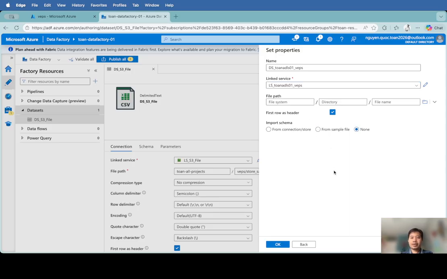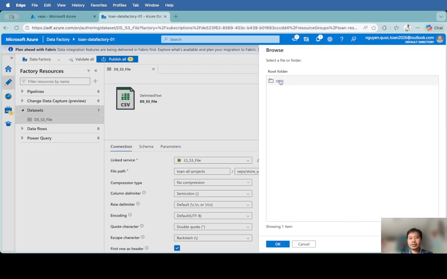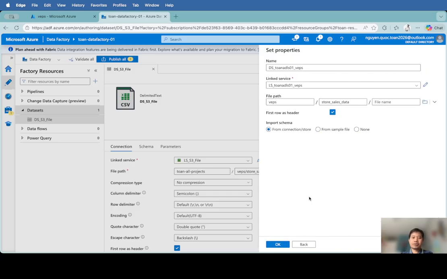For the file system, let's go here to see whether we can select. Yes, we can. And also this folder. So we see that the file path is already filled in here. Click okay,